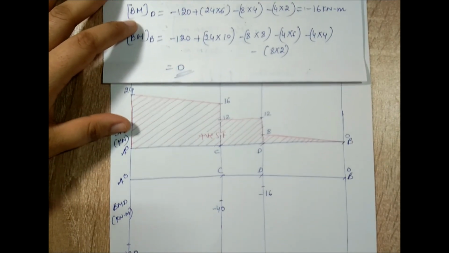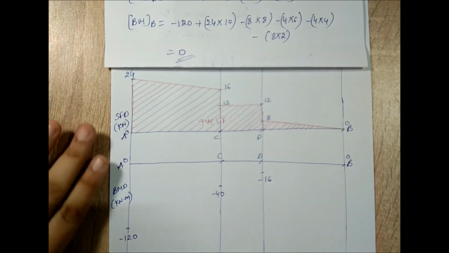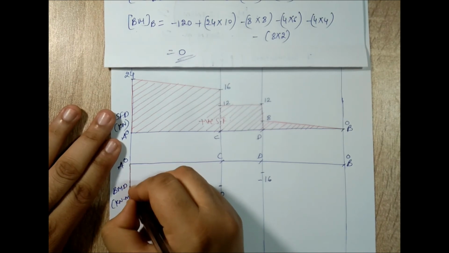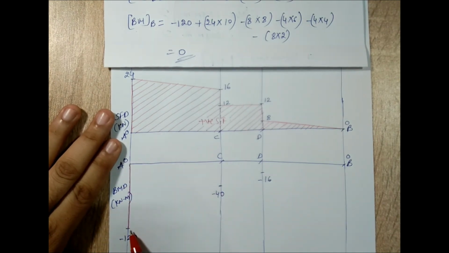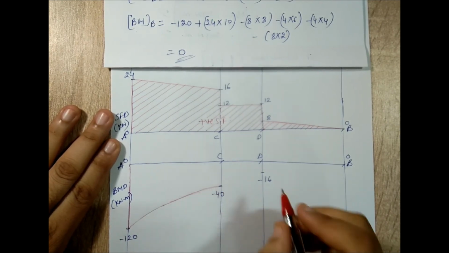Now, here I am not going to draw the straight line. You have already understood the concept many times. So, I'll directly join. So, from 0 to 120, I'll draw a straight line. From 120 to 40, if I assume there is an imaginary straight line here, I have to draw the curve above the line. So this is the sort of curve that I'm supposed to draw.